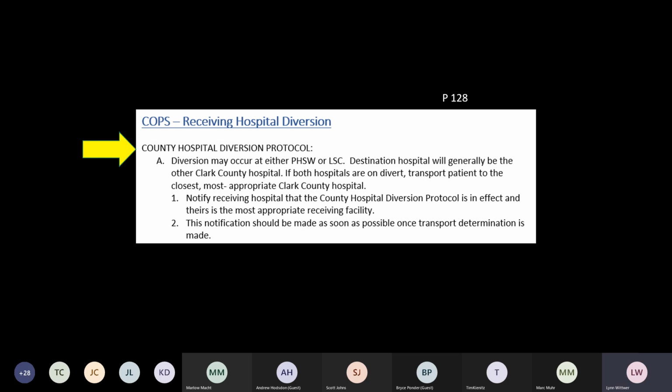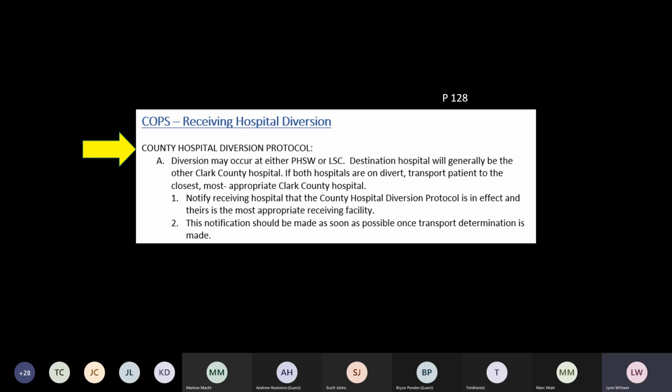All right. A couple of changes, as you're all aware. We've been having a lot of divert from the two hospitals at various times. Sometimes the basic rule that we've gone is that the diversion is really a hospital issue. Shouldn't become an issue for EMS. So we are working on this with the hospitals, but